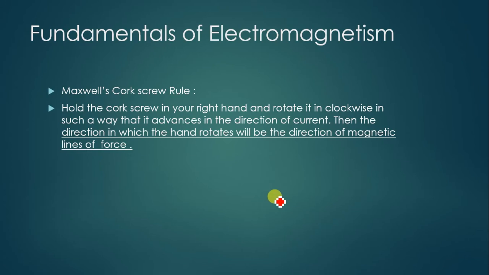First of all, what is electromagnetism? Whenever a current carrying conductor is subjected to a magnetic field, it will tend to experience some force, because of the magnetic lines of flux that are coming from the coil and the magnetic lines of force that are coming from a magnet. So there are certain rules associated with all of these electromagnetic theories.